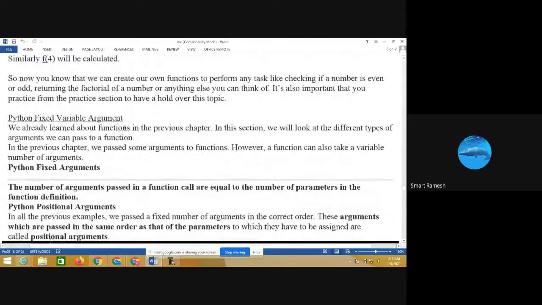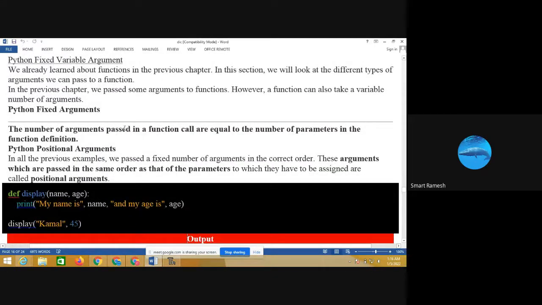Next, Python fixed arguments. Fixed arguments means the number of arguments passed in the function call is equal to the number of parameters in the function definition.